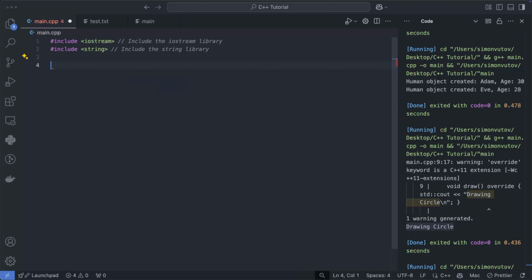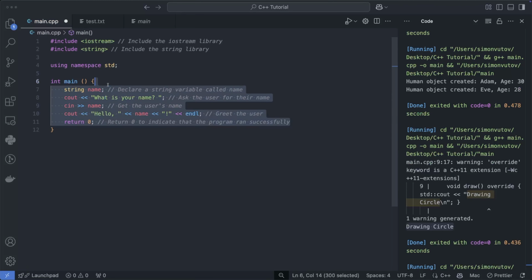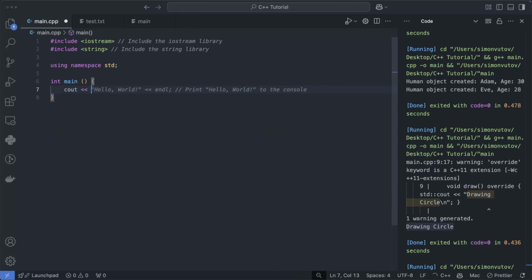Alternatively, you'll see people write using namespace std, and then this allows you to write things without writing the std:: because it assumes you're just using std. So you can just write cout like this without having to write std::